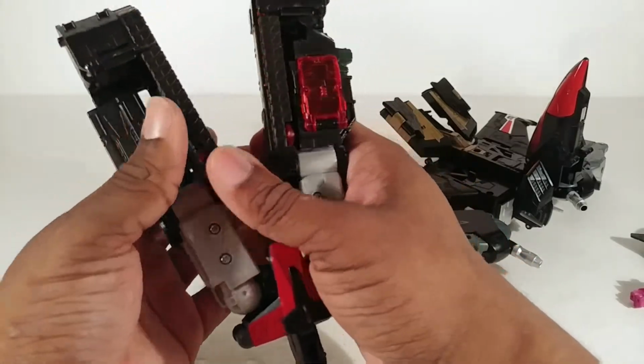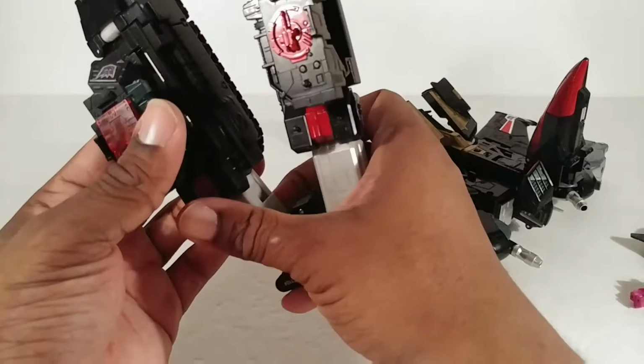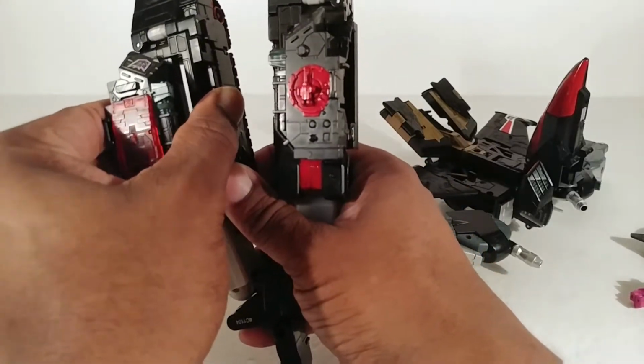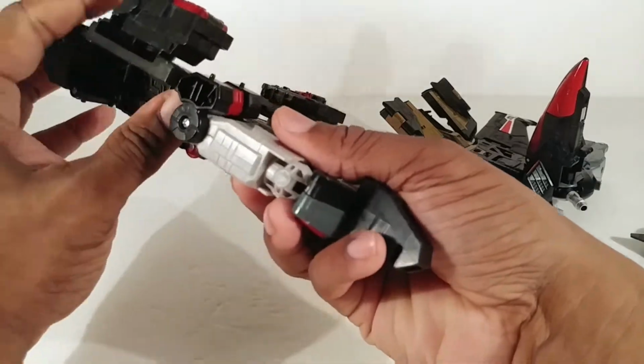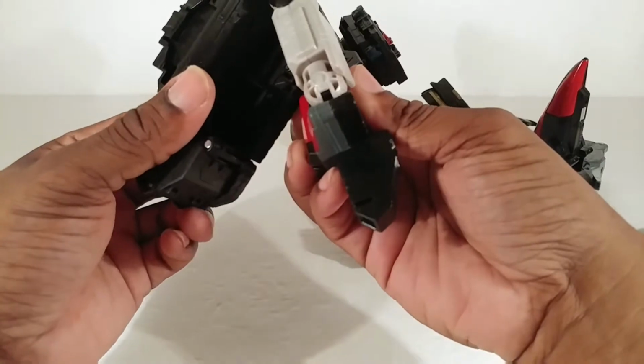Rotate this out like this. Rotate this out like this. And yes, this part will bug you. There's a big gap there. It makes you think maybe these should slide over, but they don't. Anywho, once you have that out of the way,